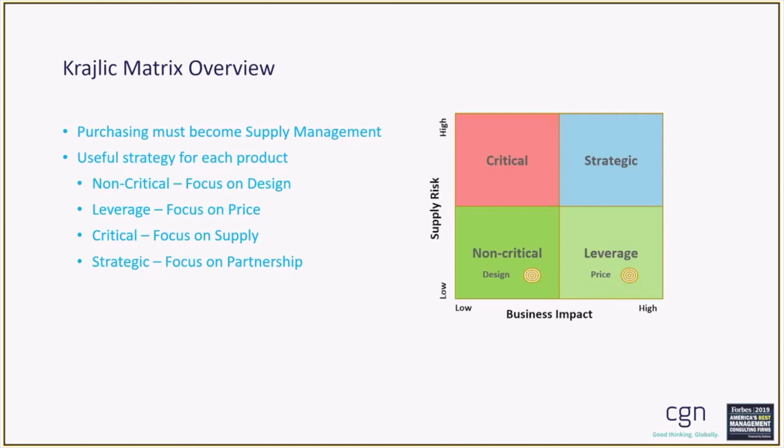When a product is leverage, the business must focus on price to lower business impact on financials and achieve lowest negotiable price. When a product is critical, the business must focus on supply to lower supply risk and develop long-term contracts. When a product is strategic, the business must focus on partnerships to lower supply risk and lower impact